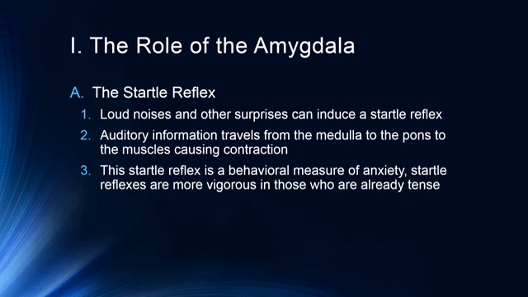Many people like myself startle very easily, and that's associated with anxiety, which we'll talk about in a moment. But there's a direct neural pathway associated with this startle reflex. Auditory information travels from the medulla to the pons, which then causes an immediate muscle contraction, which is that jump that you feel when you have this kind of startle. And the startle reflex is a behavioral measure of anxiety, which makes this rather unusual in terms of how we